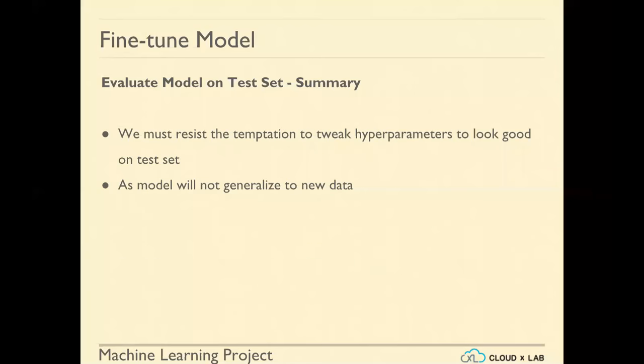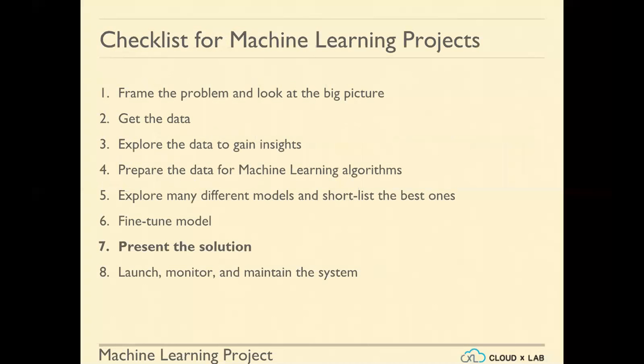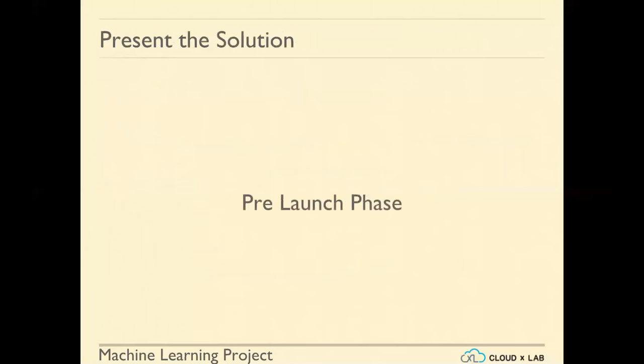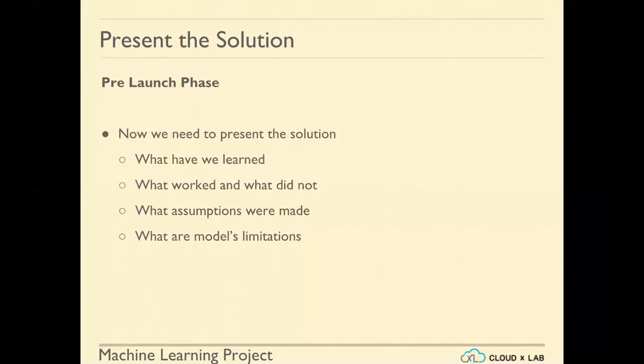Because our model must generalize to unknown data, something that we do not know, so that we can trust it, so that this algorithm can be trusted. Now, once that's done, we can present our solution, what we have learned, what worked and what did not, what assumptions we made,